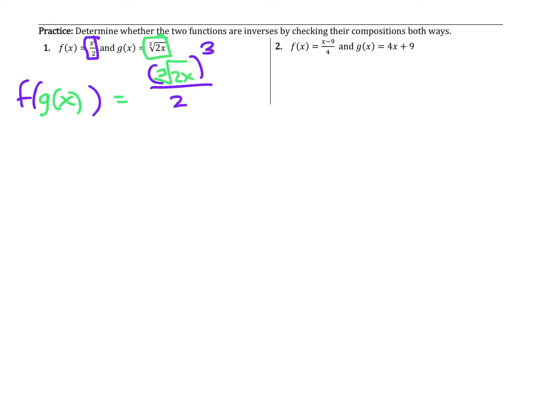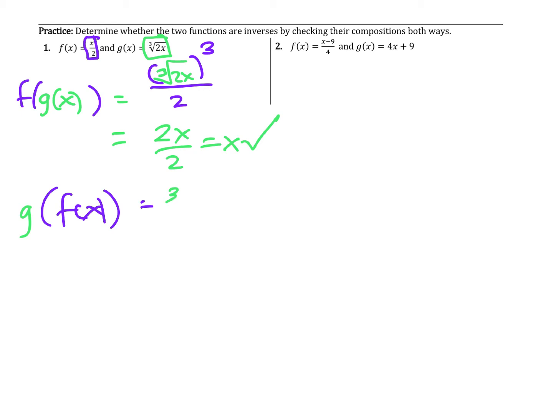So here on number 1, if we plug g of x into f of x, we end up with the cube root of 2x cubed. Well, that's just going to end up being 2x. Divided by 2 is just going to end up being x. If we plug f of x into g, we're going to be plugging x cubed over 2 into the x spot. The 2's are going to divide out, so I'm taking the cube root of x to the 3rd, which is